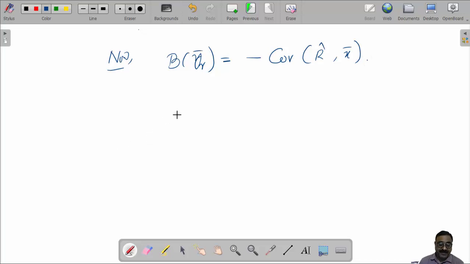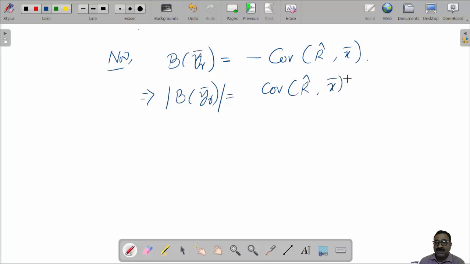Now mod of bias of ȳ_R equal to mod of covariance of r̂ and x̄. That implies bias of ȳ_R by